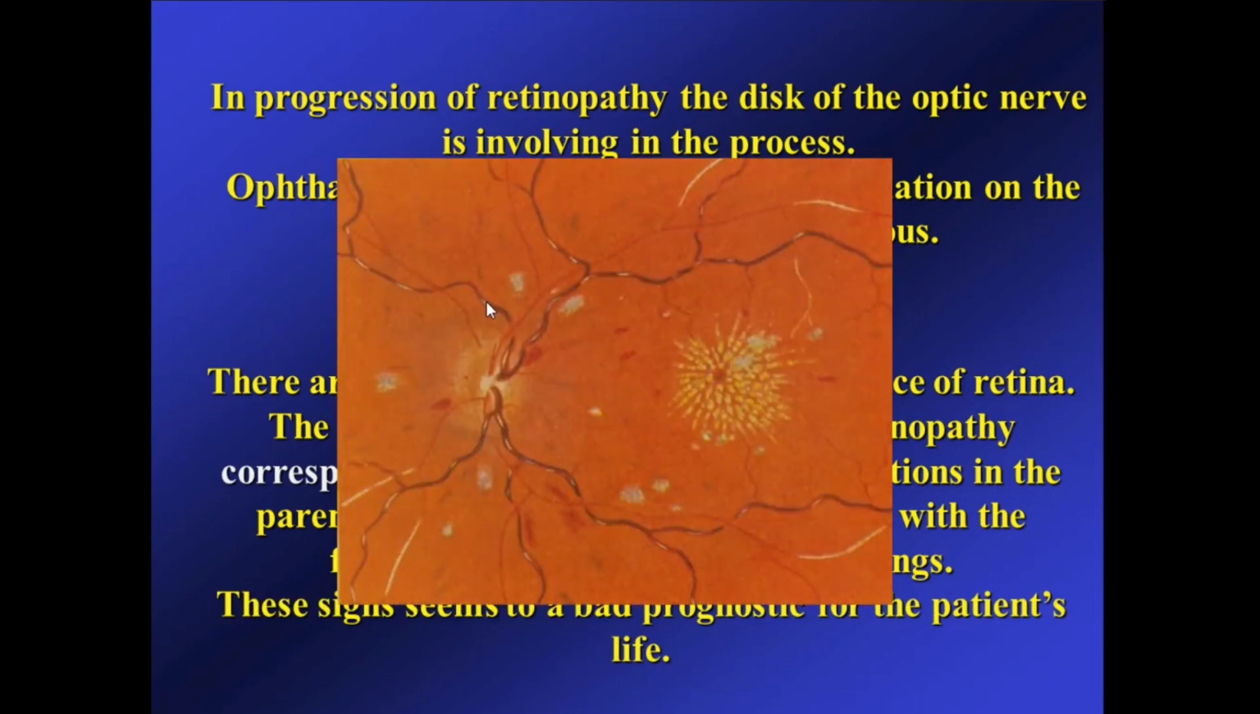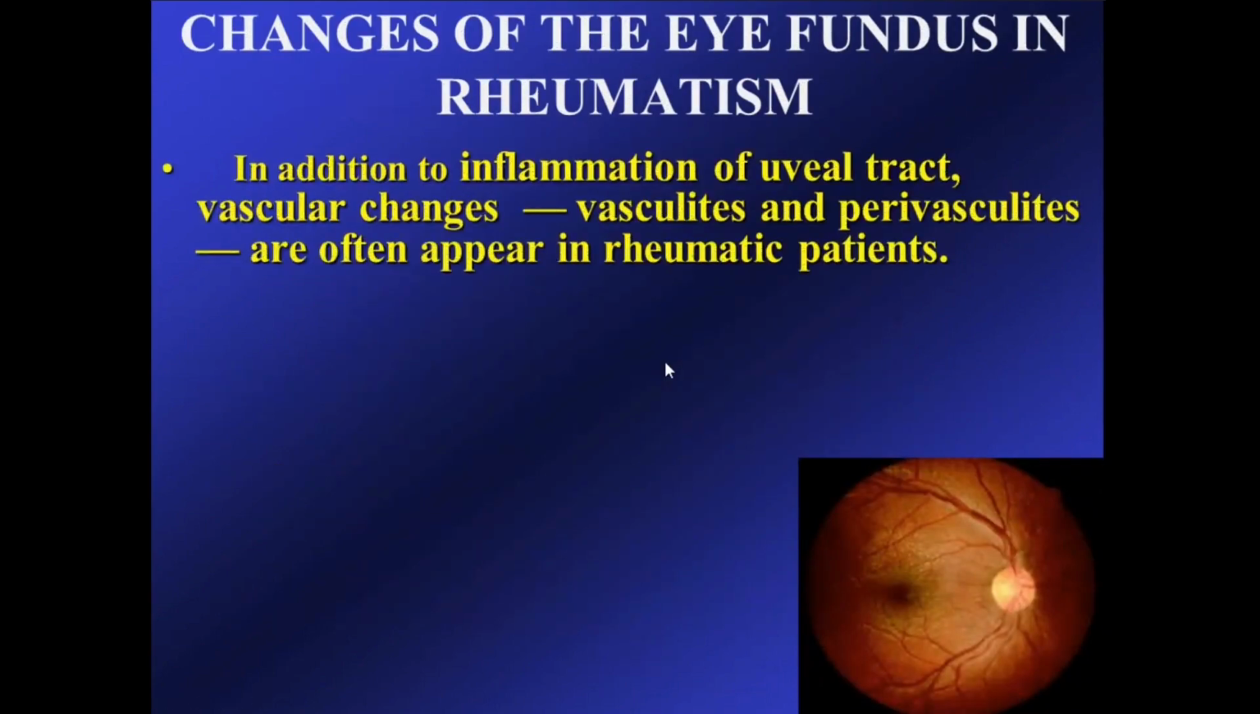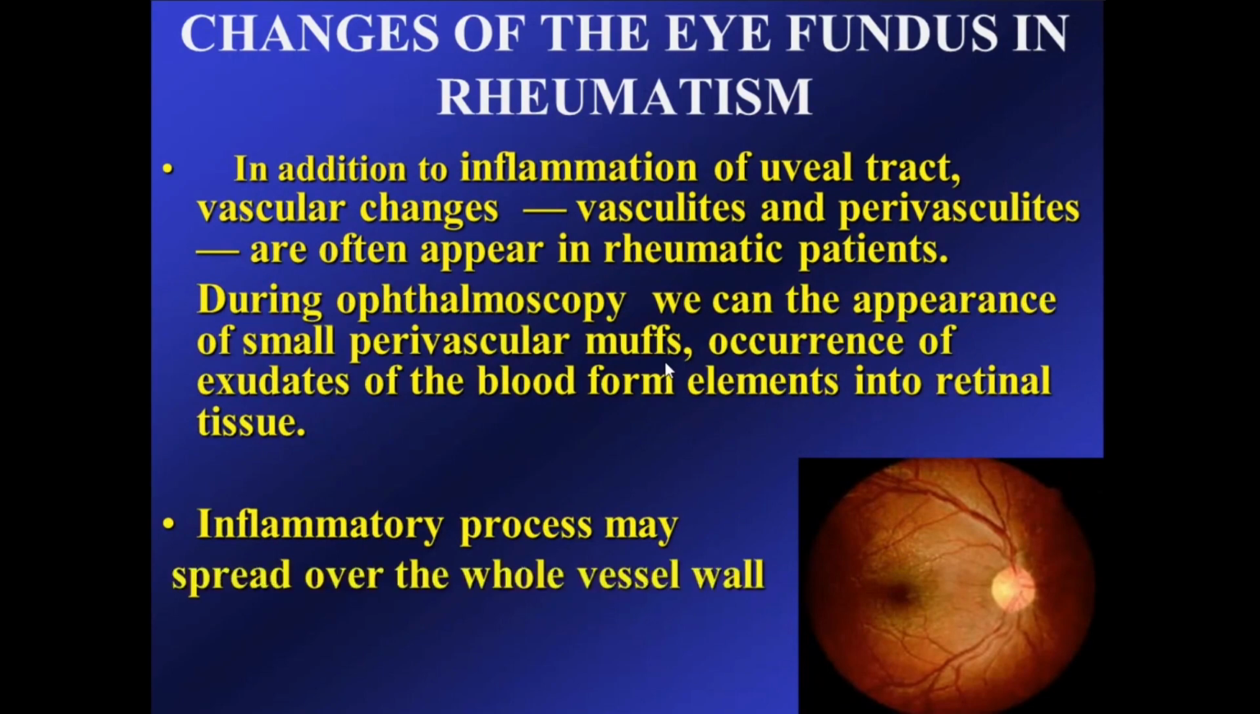Look at this picture. You can see changes in vessels, the star in the macular area, and you can see edema on the disc of the optic nerve. If you see such a patient with a severe kidney retinopathy, you should immediately send such a patient to a GP. Okay, so